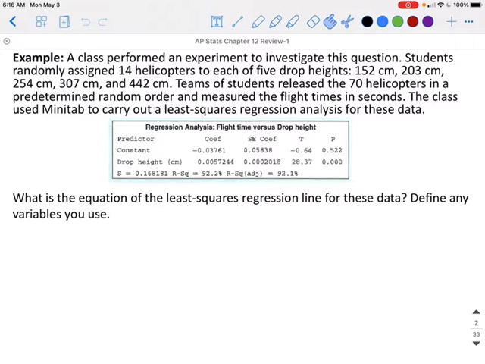What is the equation of the least squares regression line for this data, and define any variables used? So when you go to write your least squares regression line, you are going to look at the coefficients. Now, we write our equation in the form of y hat is equal to a plus bx, where a is your constant. So if we look at our constant, we have our constant value plus our slope is the value for our drop height